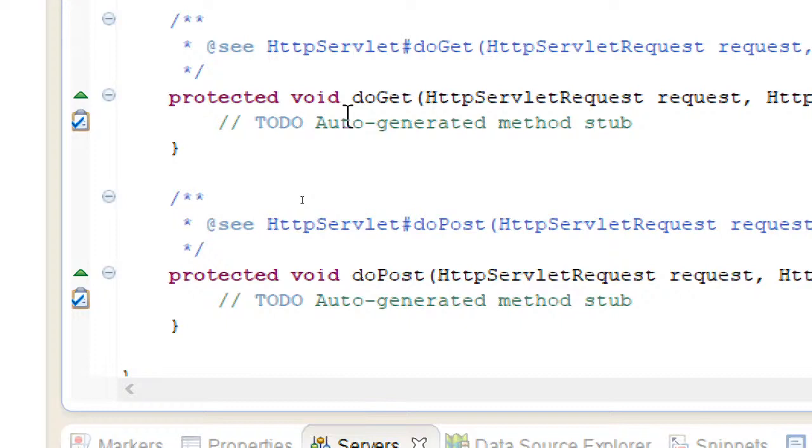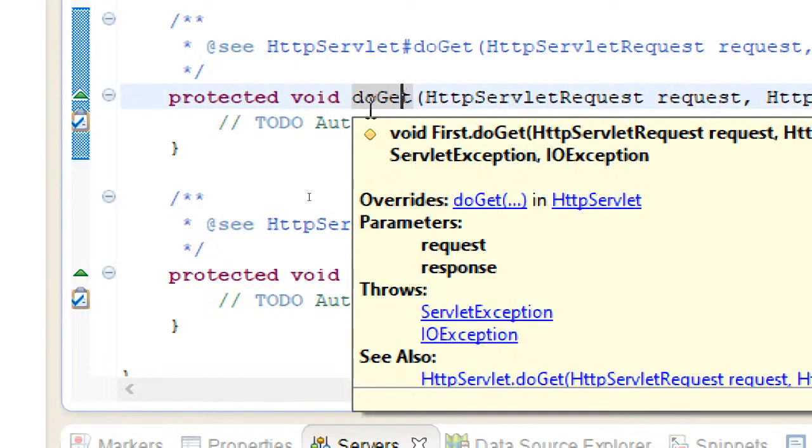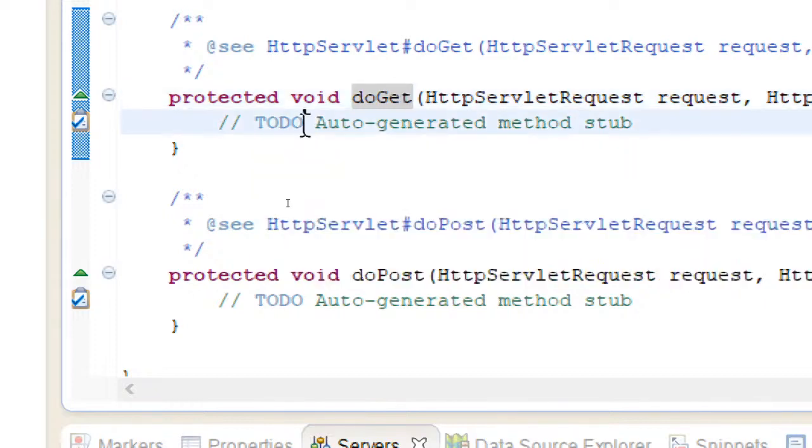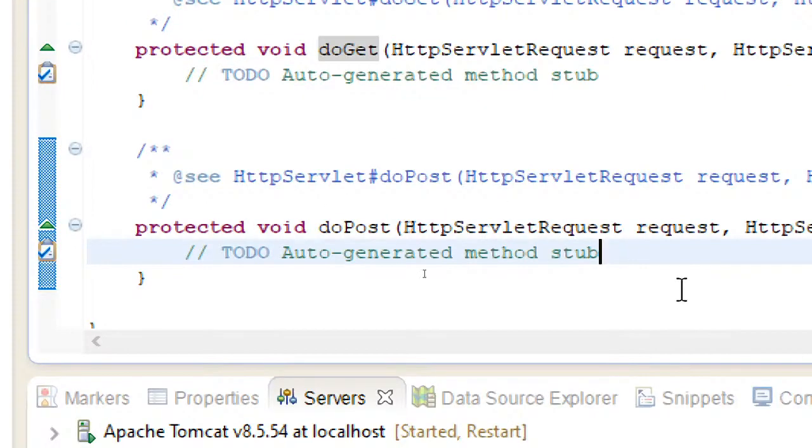I have already told you the purpose of doGet and doPost. doGet is used when you want to send insensitive information, and when the information to be sent is very short in length. Otherwise we use the doPost method. Whether you use it or not, just leave it as it is, and use whichever method you want.